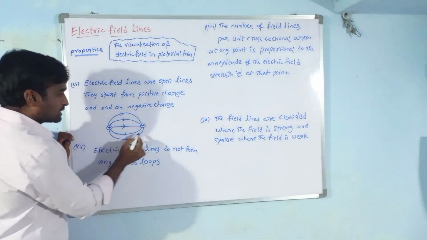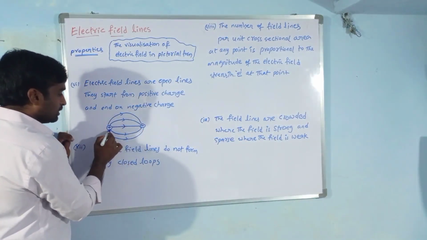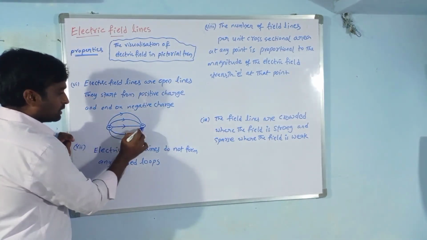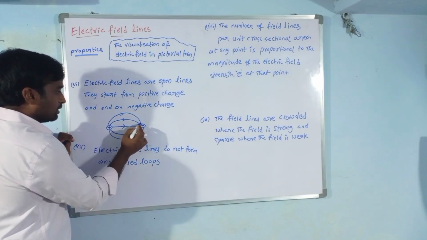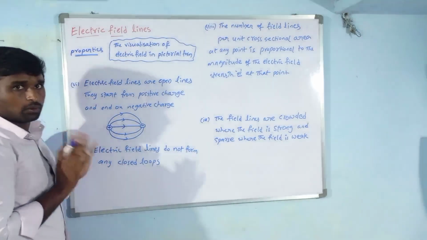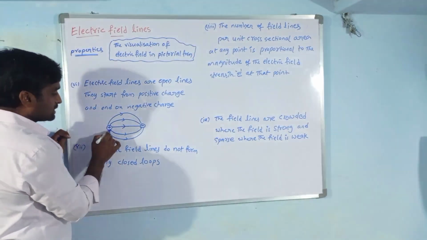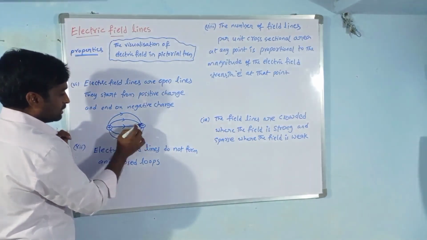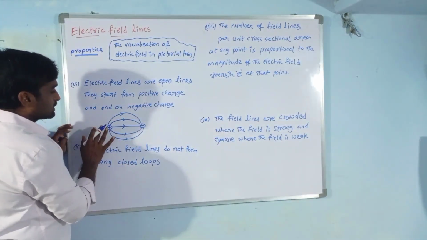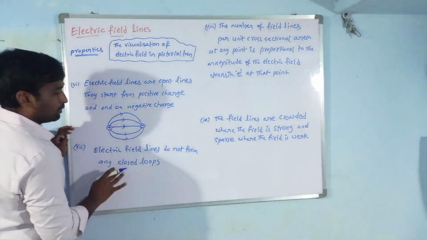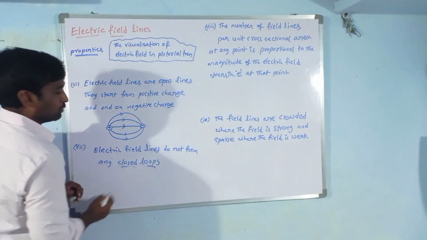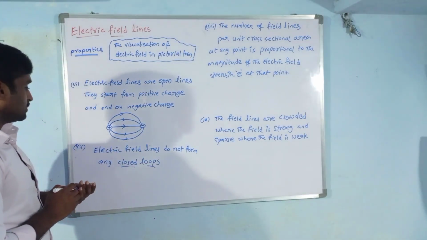When the electric field lines come back in this direction, suppose in this direction the electric field is passing to this point, and after reaching this, the line comes back to its starting position, the positive charge, then it is said to be a closed line. But here the field line starts at this point and ends at this point, but it does not return in this way. That's why these loops are called open loops only, not closed loops. Electric field lines do not form closed loops. So that is the seventh point.